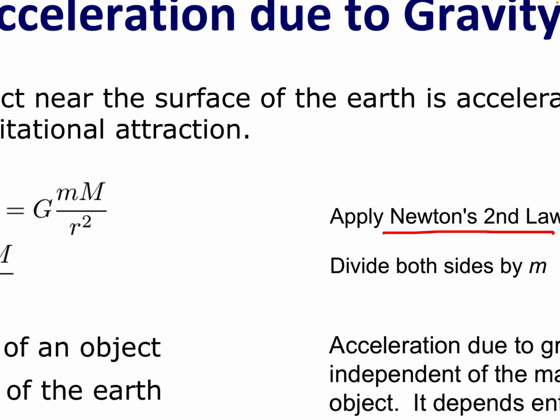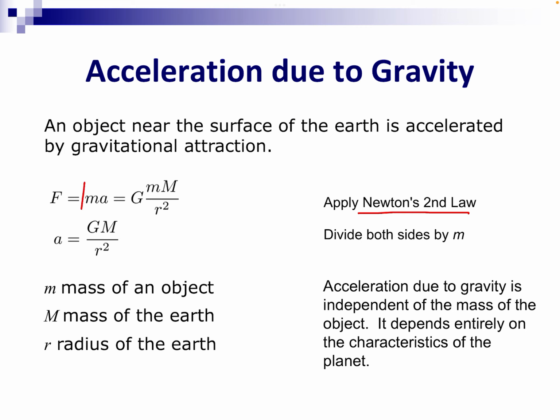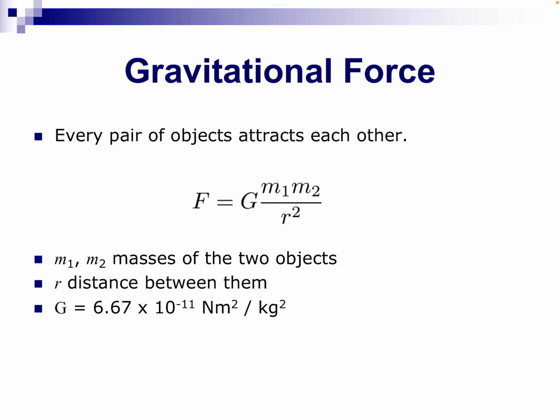Effectively we have mass times acceleration equal to G times the masses of the two objects divided by r squared. We can then rearrange this equation. m cancels on both sides, and therefore we have acceleration equal to G,